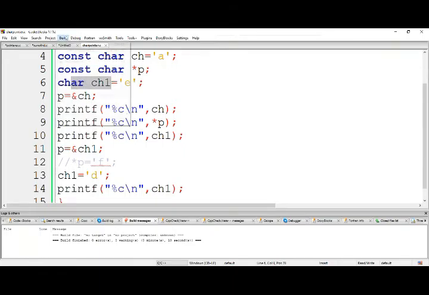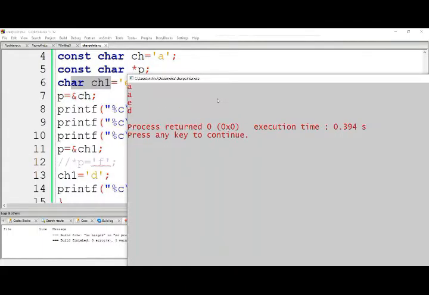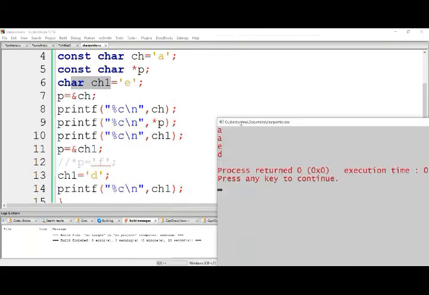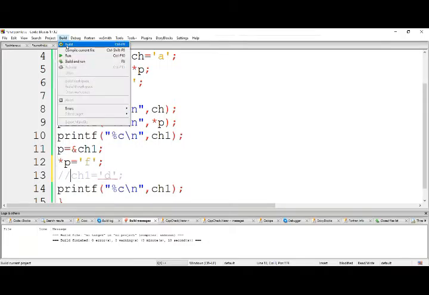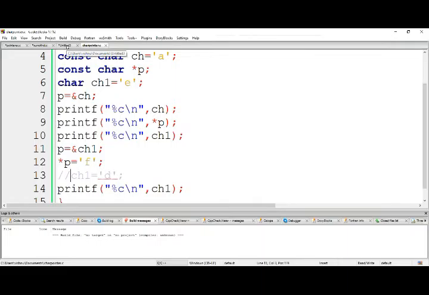Okay, so let's run and see this code. Now just if I place like this here and just comment it here, now if I compile here, what happens? Let's look into here.